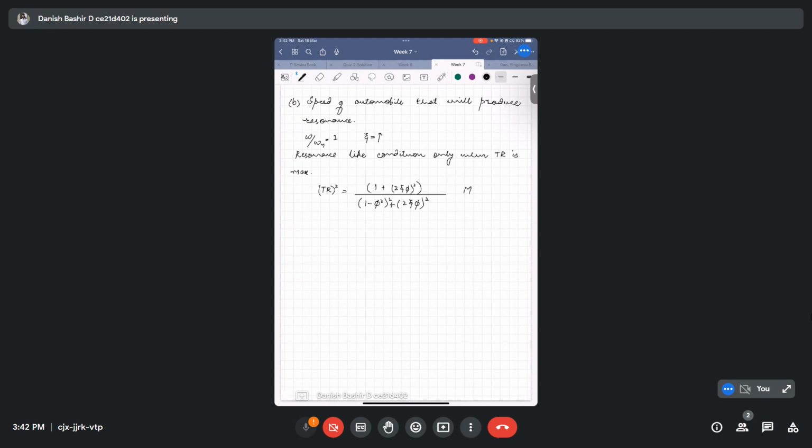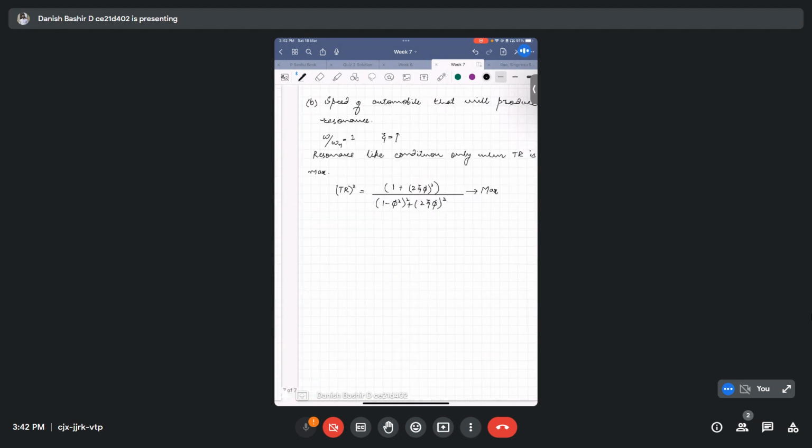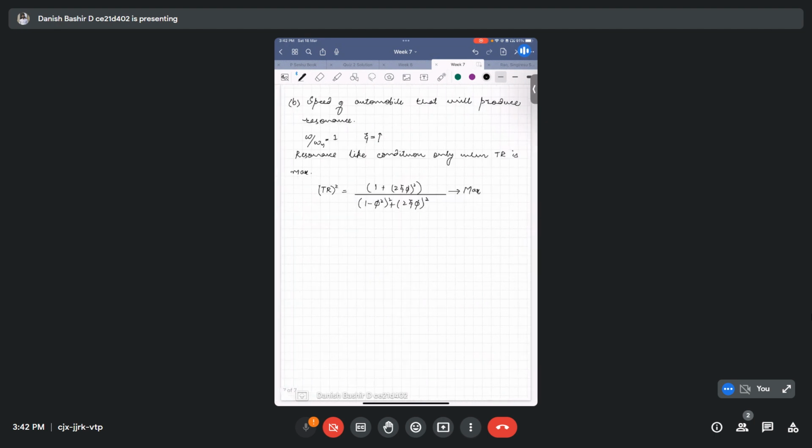So our objective function is the transmissibility TR squared, and we have to maximize it. I only squared this equation. Squaring both sides, we got that one. This is a simple one. Twice theta, theta is very huge, so we have to deal with this. If we substitute theta equal to